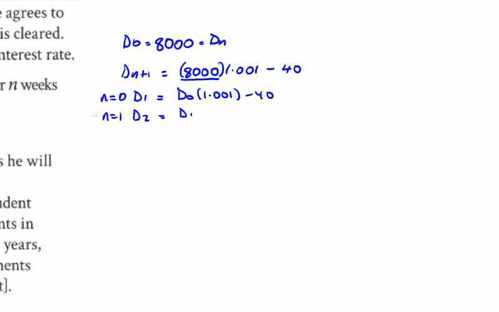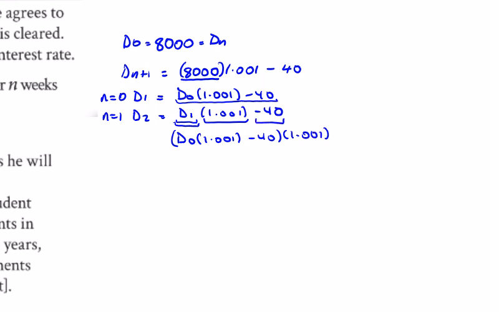d2 is equal to d1 times 1.001 minus 40. We know what d1 is in terms of d0, so replacing d1 with d0 times 1.001 minus 40, we replace d1 times 1.001 and then minus the other 40 gives us this difference equation, d0 by 1.001 squared minus 40 by 1.001 minus